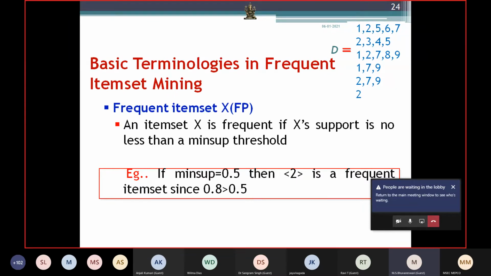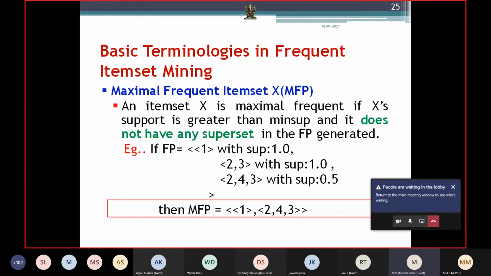We come across another term called the maximal frequent item set. A maximal frequent item set must be frequent, meaning its support must be greater than the threshold. At the same time, it must not have any superset. If it has a superset, it will not be added to the maximal frequent item sets. In this example, item 1 has support 1, {2, 3} has support 1, and {2, 4, 3} has support 0.5.